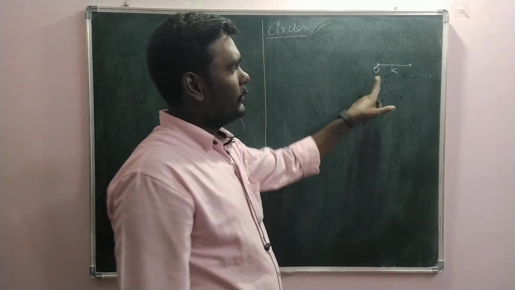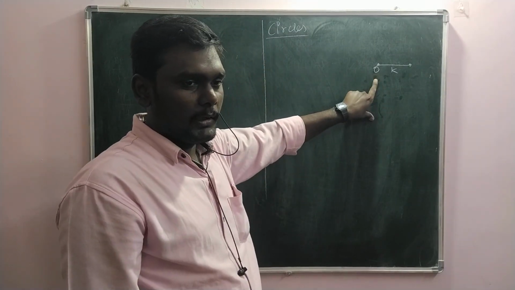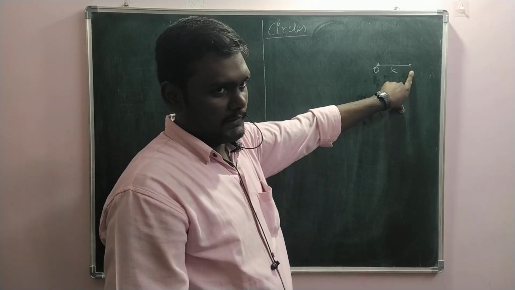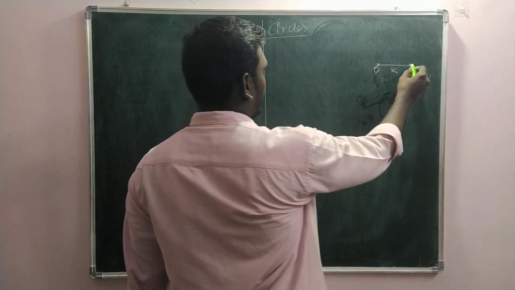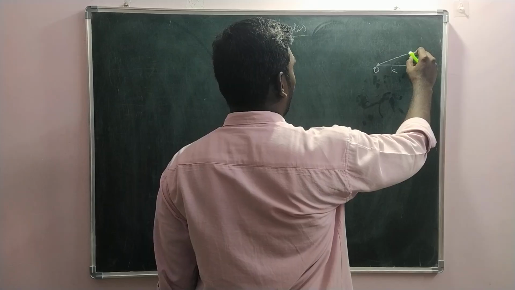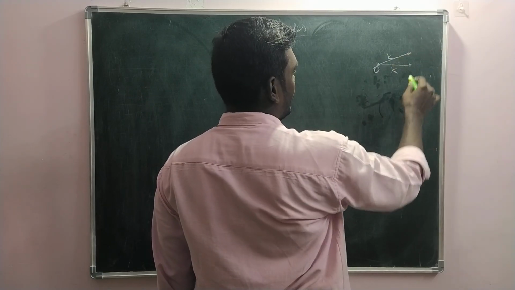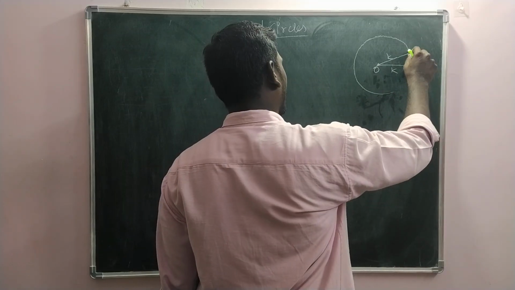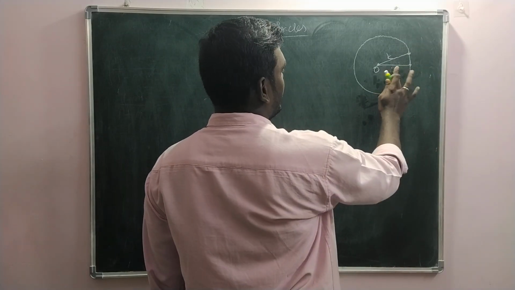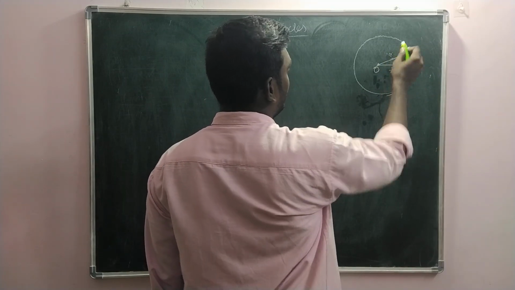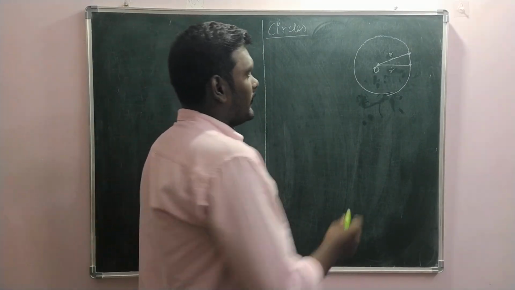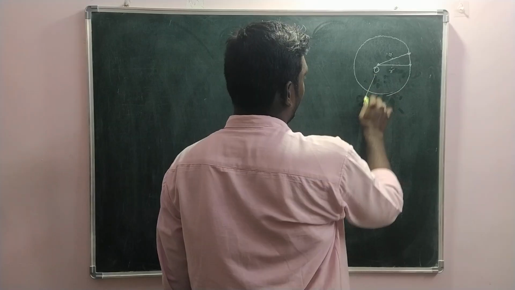We mark this point as O. In and around this fixed point O, there will be infinitely many points which are at the same distance k. We connect all such points. See, here also one point will be there at the k distance itself. So the constant distance is there and we connect all such points, then the shape that we are having is called a circle. This fixed point is called the center of the circle